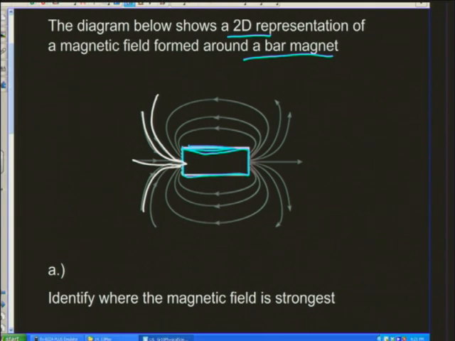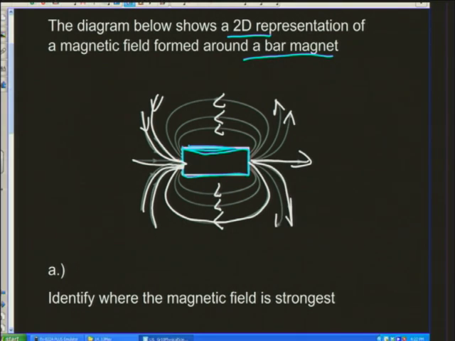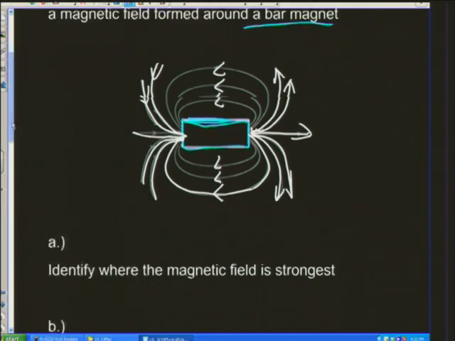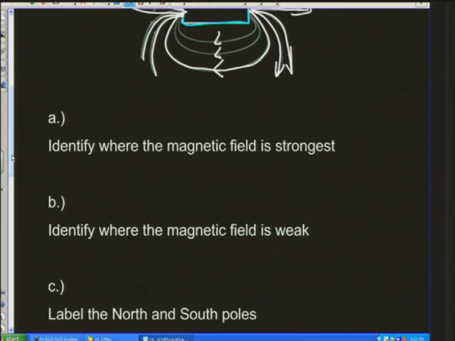Now, they shouldn't overlap. They shouldn't cross each other. And they should have arrows on them. And in case you can't see, the arrows are pointing in that direction like that. They're pointing in that direction like that. They're pointing towards that one and away from this side, away from that side, and coming out like that. Got it? Now, with that information, I think we can proceed, and we can say, identify where the magnetic field is strongest.